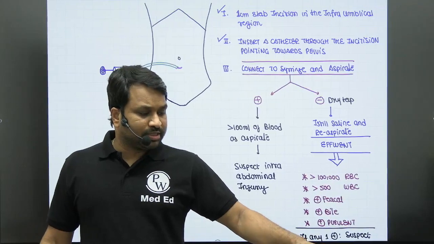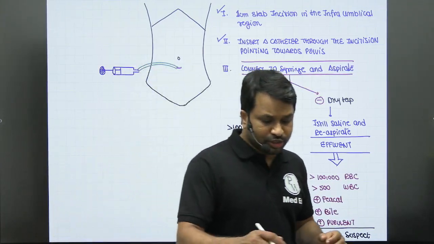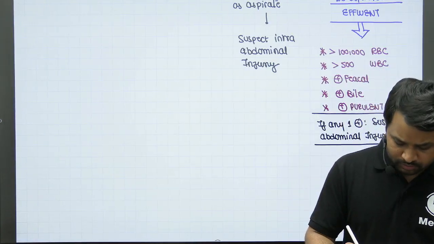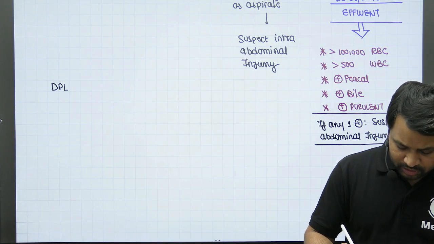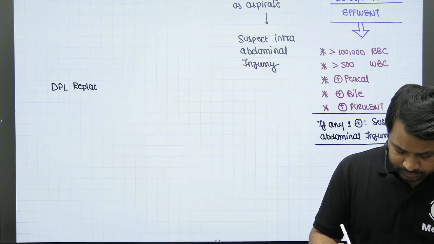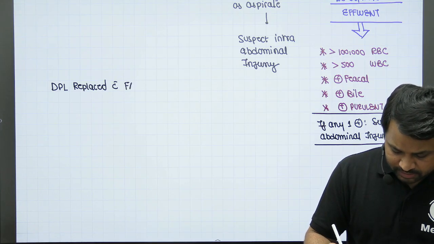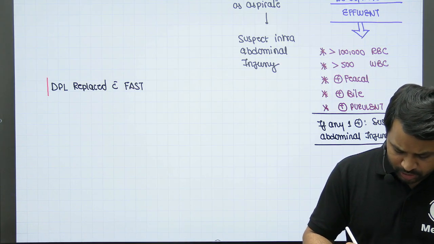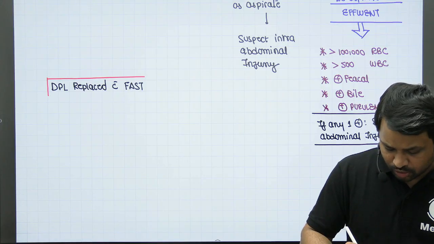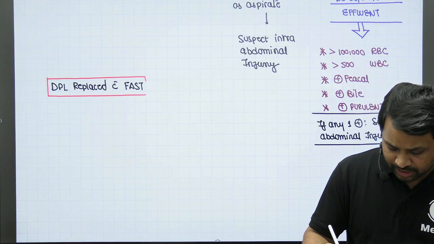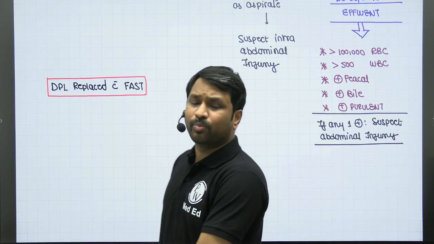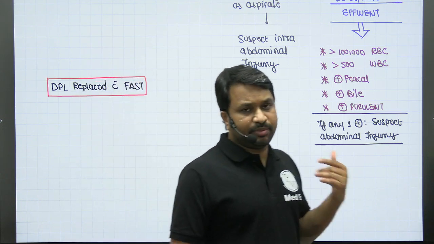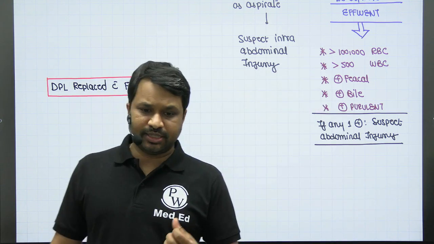So this was the older concept that you have: diagnostic peritoneal lavage. Now the DPL is replaced. It's not a very popular option. You can now quickly say that diagnostic peritoneal lavage is replaced with FAST. As you can see, it is quite invasive, so the non-invasive method, which is ultrasound, is reliably used. The only problem with ultrasound is that it is operator dependent. If your radiologist is not skilled enough, he might miss the findings, but otherwise DPL is now replaced by standard FAST. As simple as that.